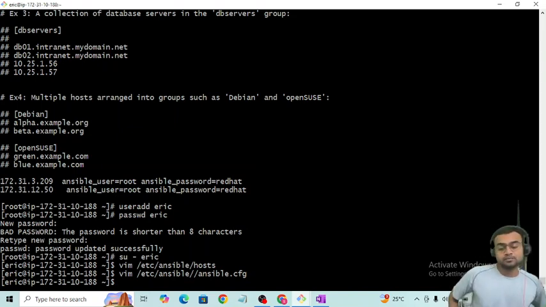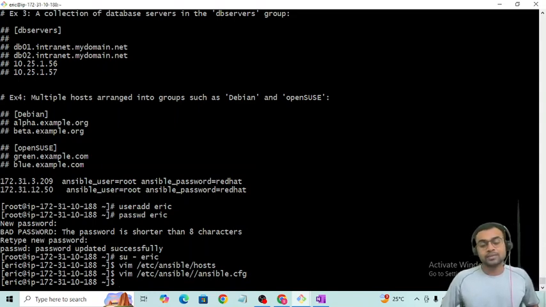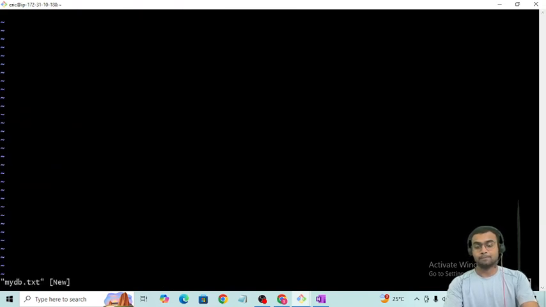For that we can make one file in any location for the hosts and provide that host file to the configuration file. But for that we also need to write the configuration file, and we can't write it. So first make one file, mydb.txt. Okay, and here write the